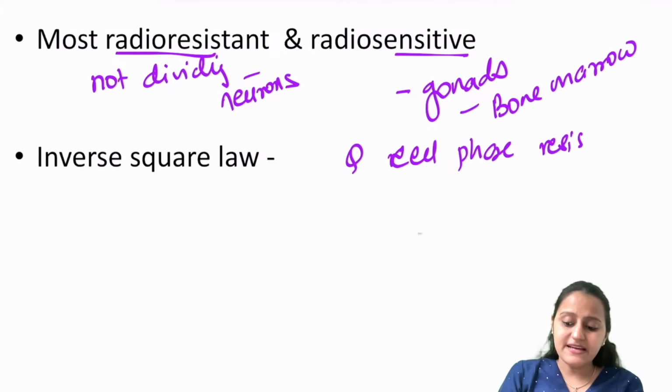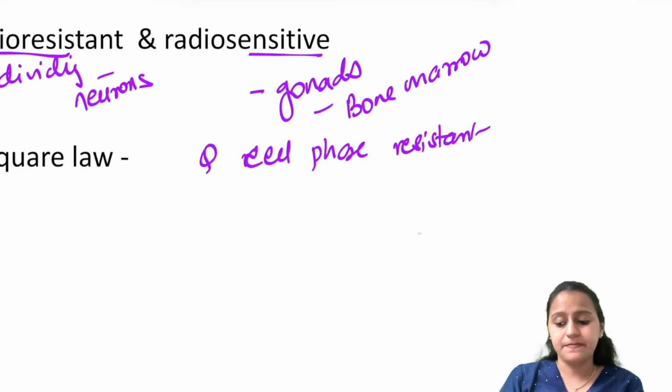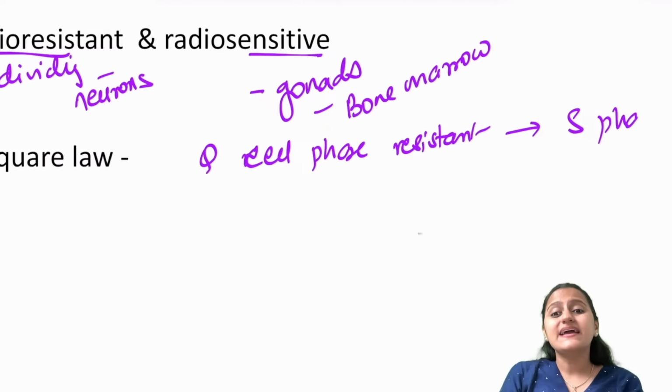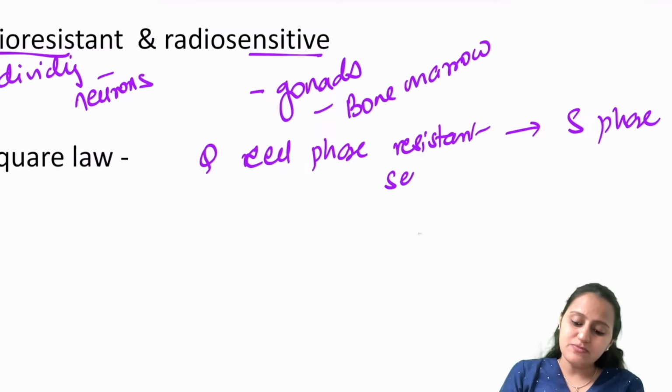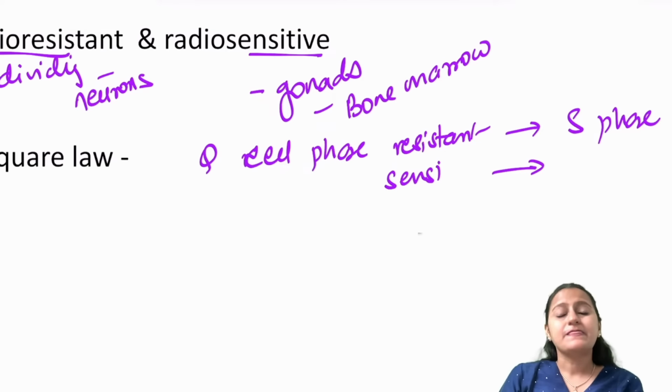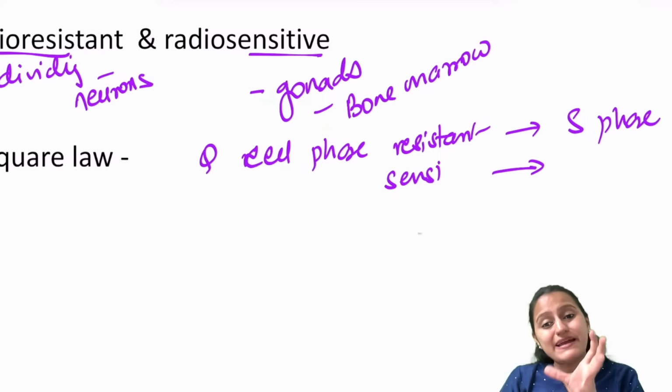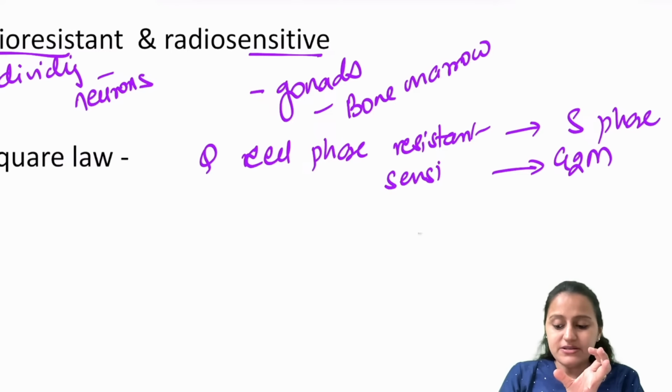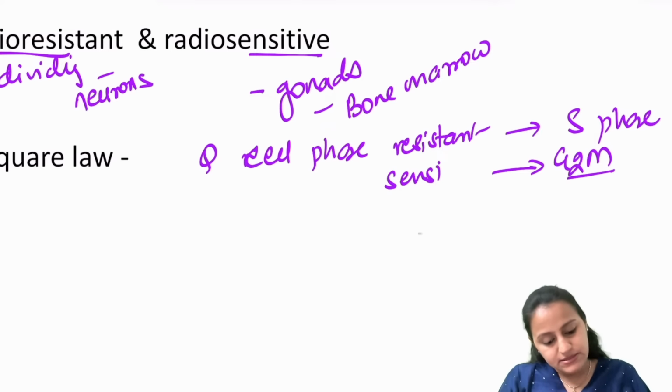The cell cycle phase which is most resistant is the S phase. And what is the most sensitive? The cell which is actually dividing, mitosis is happening. So remember G2M is going to be